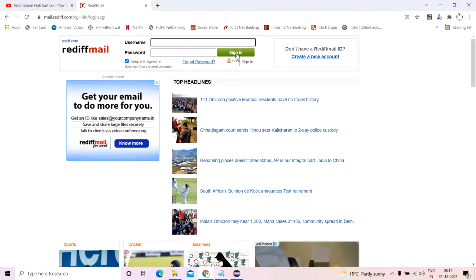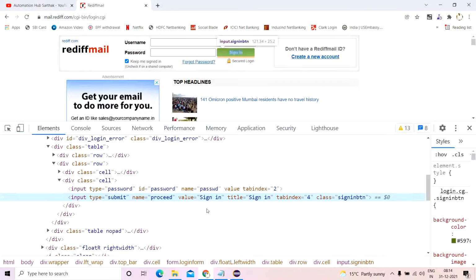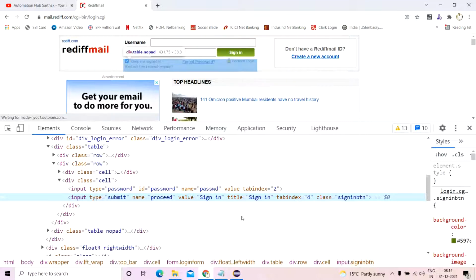Well, we know that this particular button has a tooltip. So we'll right click, inspect this, and you will see there is a title attribute present in this particular web element, which has the same text as when we hover the mouse over it. So whenever a web element has this attribute title, that particular web element will have a tooltip.